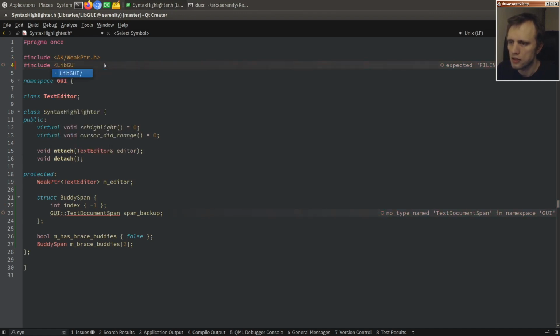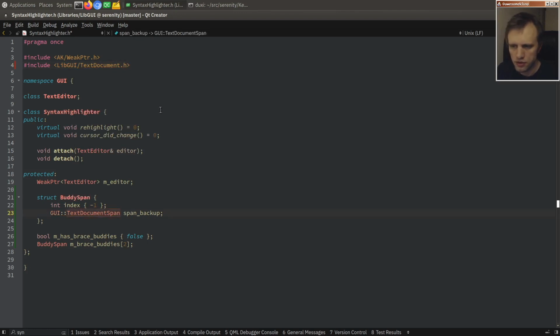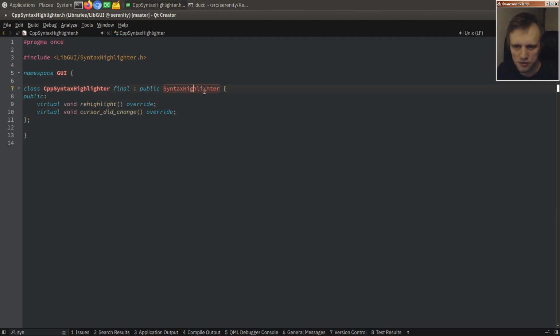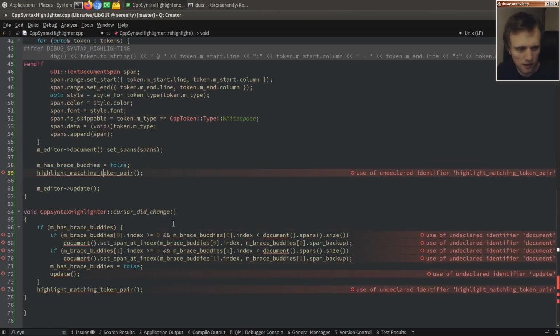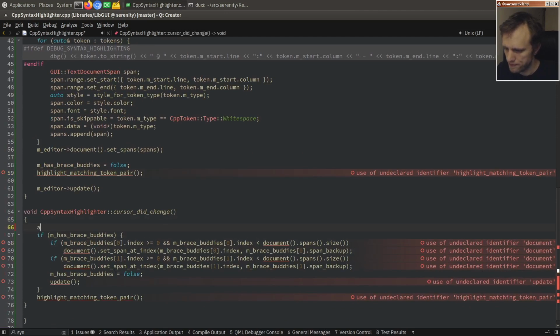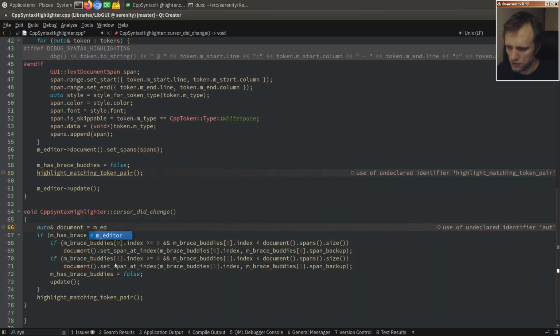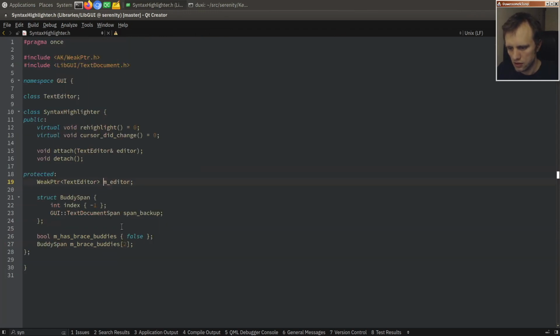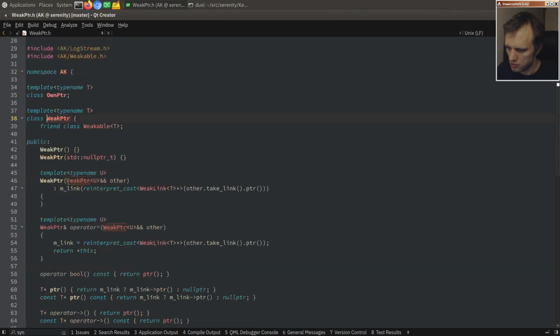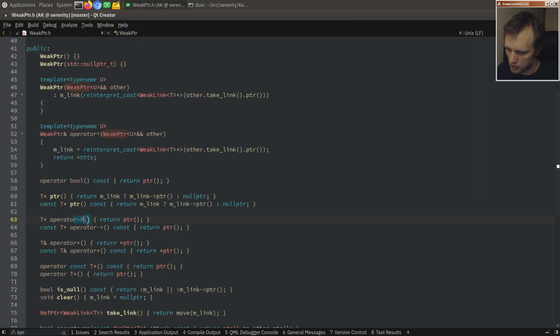And then of course we need a GUI text document for the span definition. Declaration, I keep messing those up. Not definition, declaration. And so let's see, now we have to get the document from the editor. And maybe the, okay, so this guy will actually,